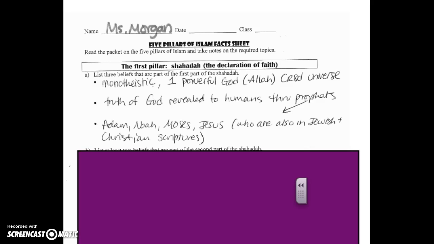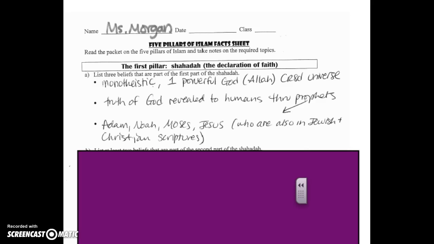This video will be about the 5 Pillars of Islam fact sheet. As you see the title at the top, you should look at your notes and see if there are spots where you could use more detail. This packet will be the basis of an assignment where you make a poster collage about the 5 pillars and then write sentences to explain each of the pillars. So the better information you have in this packet, the better chance you have to succeed on that assignment.